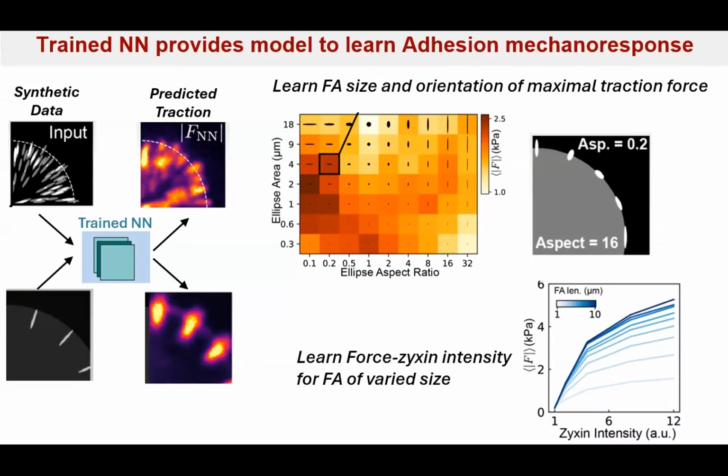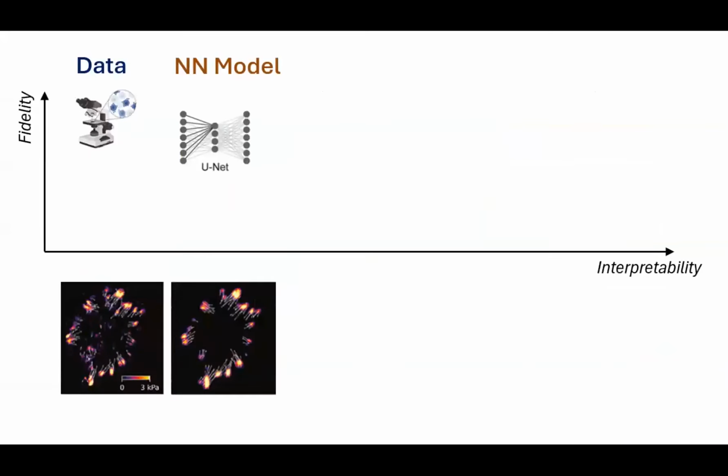So this is a tool for experimentalists to use as a way to refine our hypotheses about how the mechanobiology is working, about how correlations between, say, protein concentration and forces are changing as a function of a morphological or shape process. Okay. All right, so taking a step back, right, I, as an experimentalist, am sitting over here